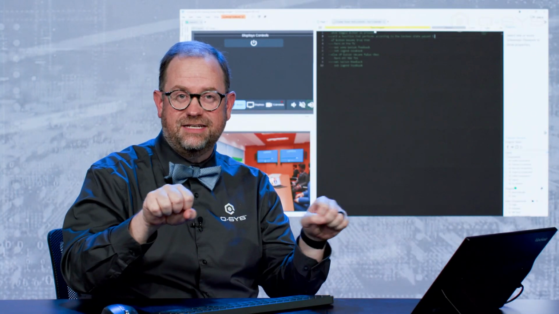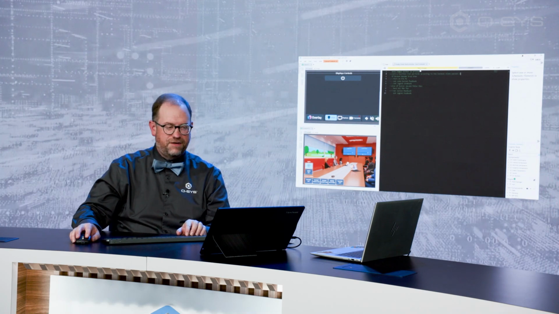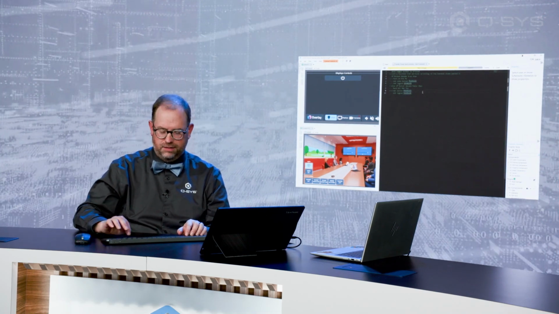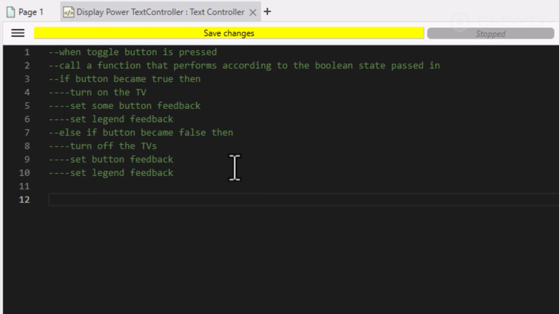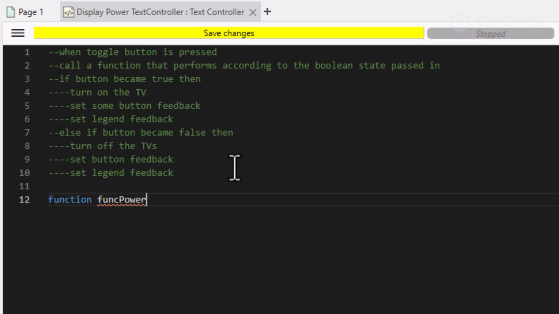And then the event handler for the button is just going to call the function, in the same way that the event handler for the HDMIs connecting and disconnecting is just going to call the function. So let's write the function. Come down here, line 12-ish. That should be okay. We're going to write function func power, and we're going to put in